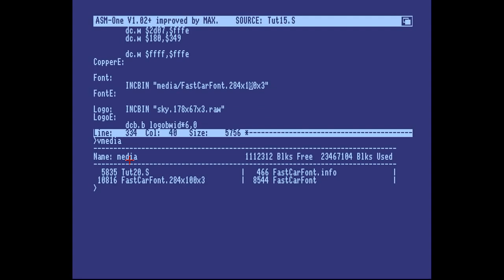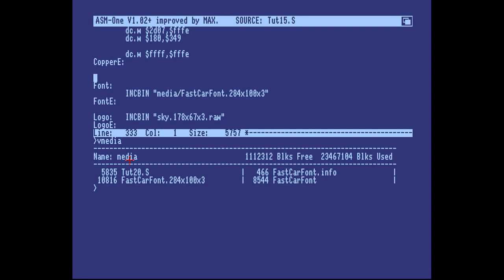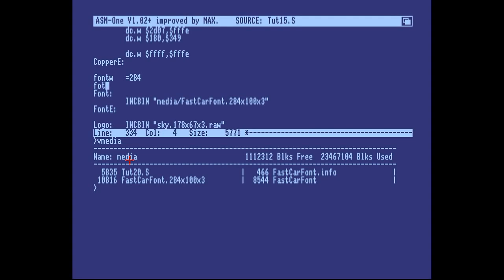The palette will be at the end of this binary, and we may have to add a label when we get to that point to point to the palette, so we can copy it easily to the copper. But for now, we go this way, and